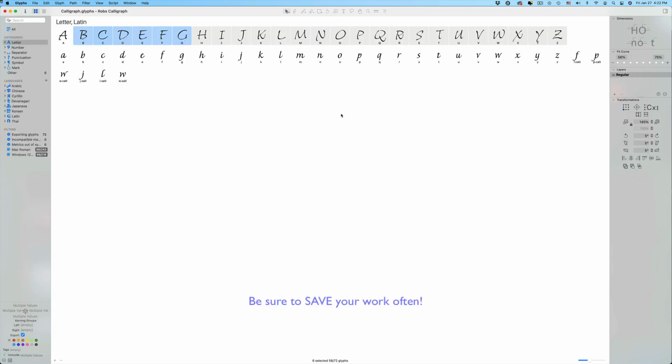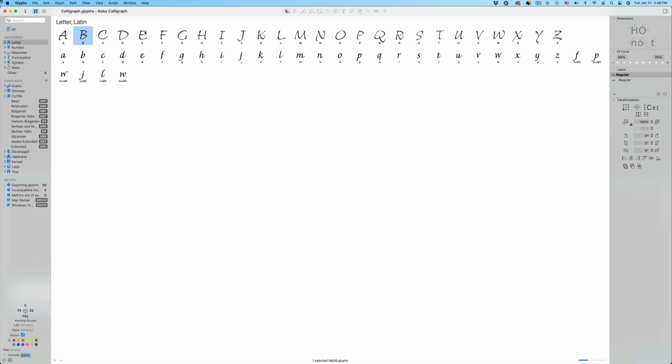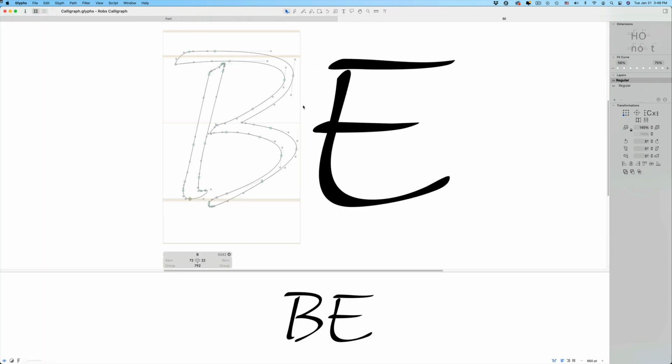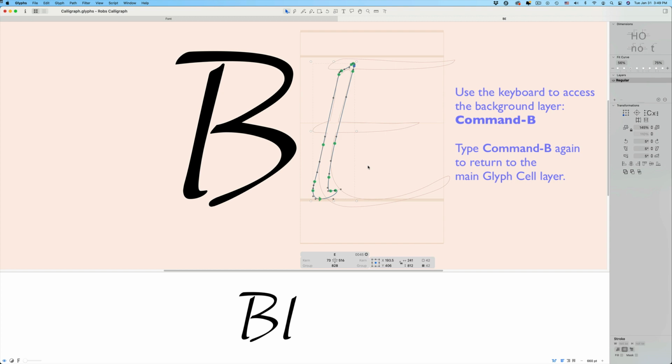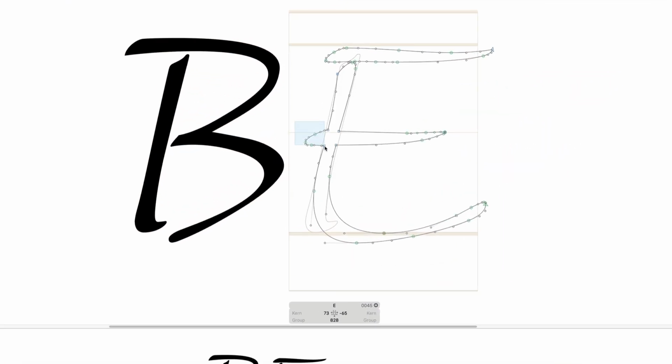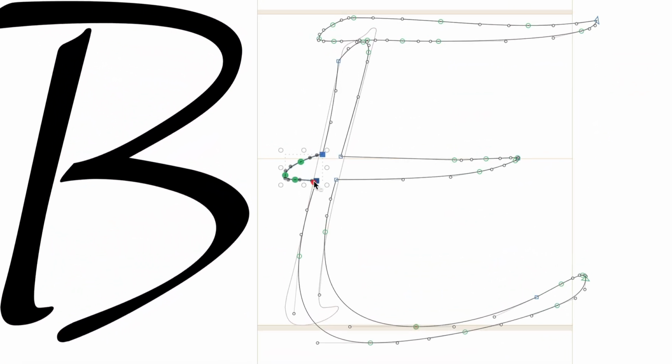What I will do, however, is show how you can use derivatives from one letter to adjust another, as well as using that derivative to apply it to another. First, let me select and open the B and E glyph cells. I'll copy the stem of the B and paste it into the background of the E. With the stem pasted in the background for reference, I'll return to the front layer. Now I can begin some surgery. I'll select nodes and use the arrow keys to nudge the paths, making the weight of this stem more consistent